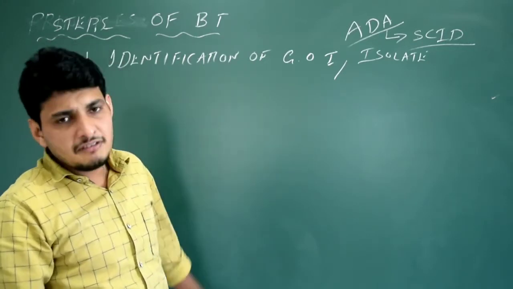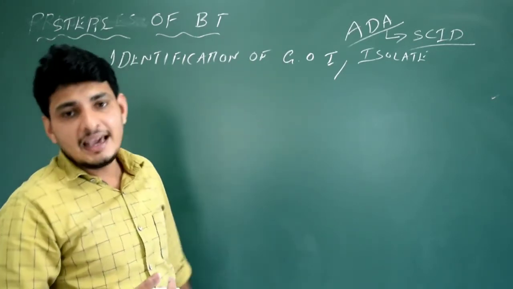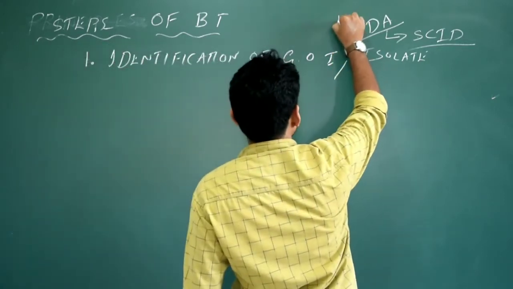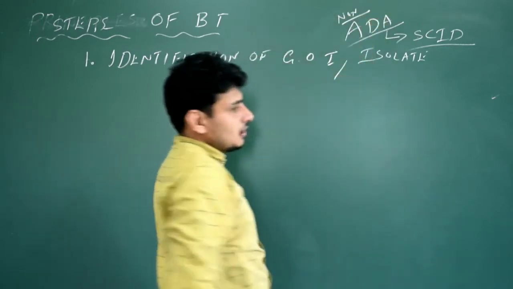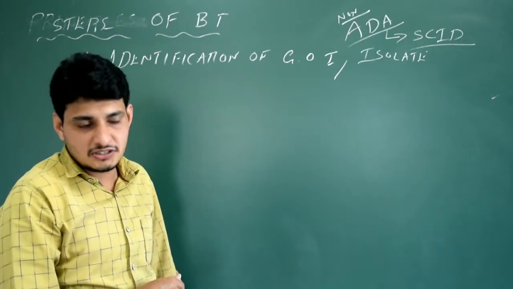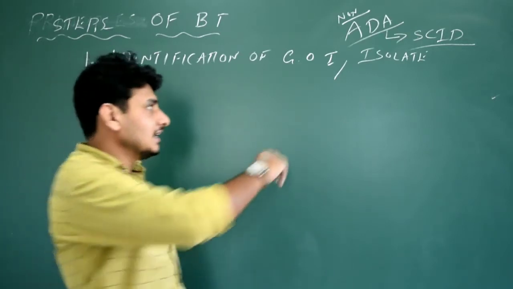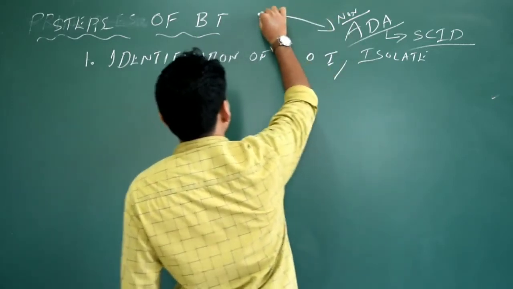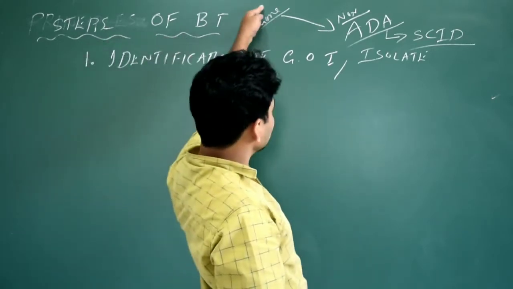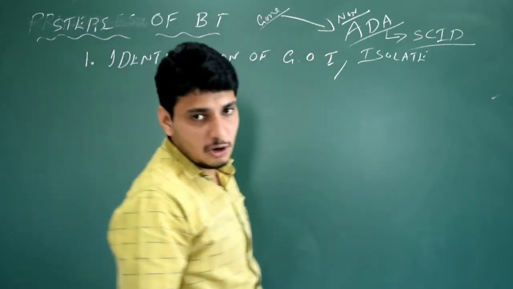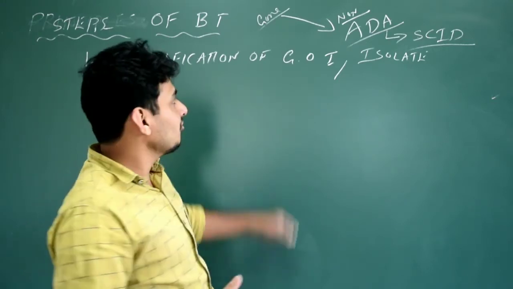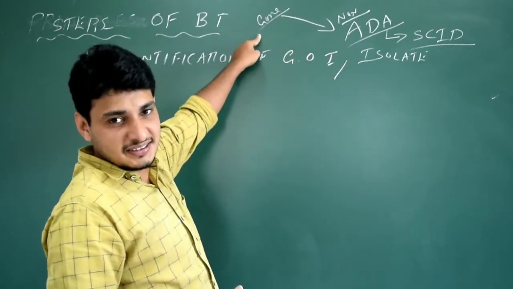Okay, for example, if I am the person where the ADA enzyme is not produced because the gene is damaged, or non-functional, it's not working. Something has happened to that gene where ADA is not synthesized now. What I can do is, I can take a healthy gene from you which is able to synthesize ADA in your body and transfer this gene into my body or maybe my cells, so that it's nothing but gene therapy, right? Replacement of a faulty gene with a healthy gene. So this is the thing.